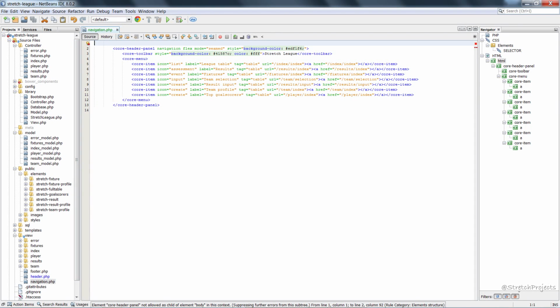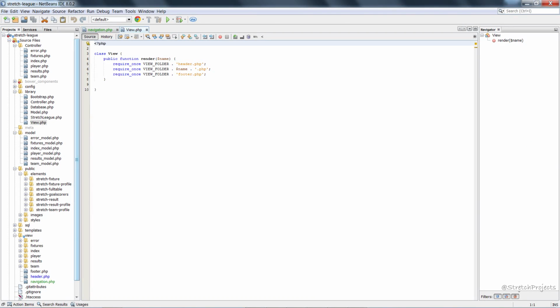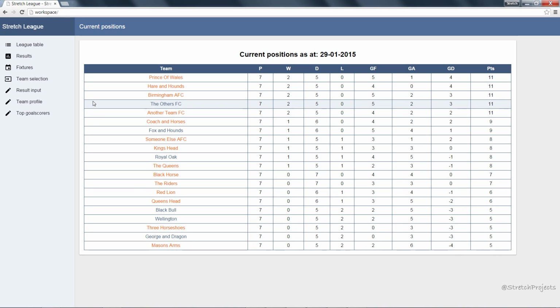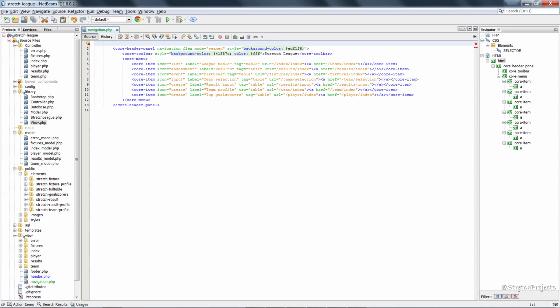Now we do actually still want to display this, and so we need to also include it in our view. So if we go to our view, we also need to include navigation. And if we refresh our page now, we're going to get exactly the same output. Our navigation section is still included, despite being in its new file. So if we close out of the view library, sorry,